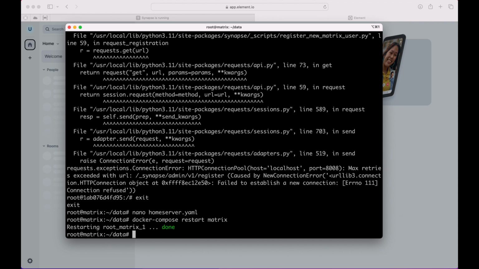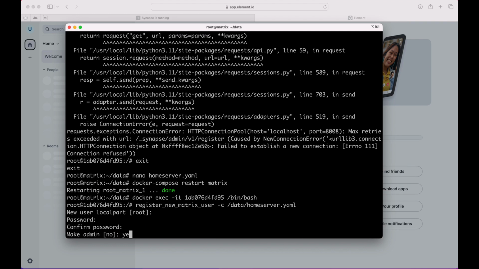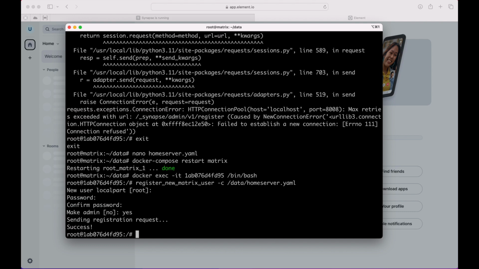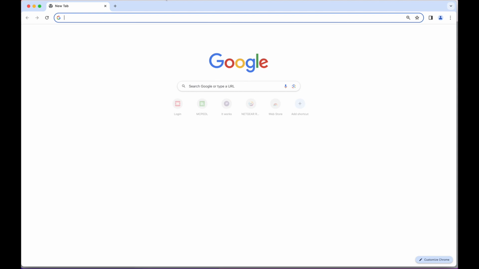I'm going to restart my server, and then now I'm going to go back into my container, and I'm going to run this command, and now I'm going to say yes, and this time it should work. There we go. And now my root user is created. So now that I have my root user created, I'm actually going to go ahead here and I will open